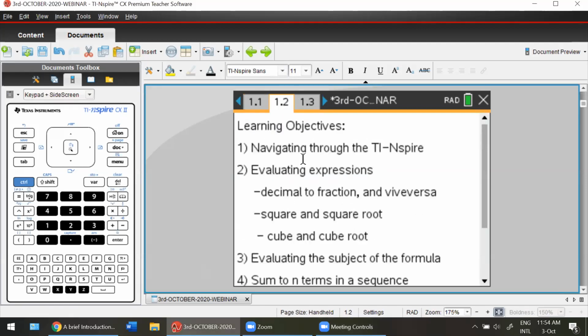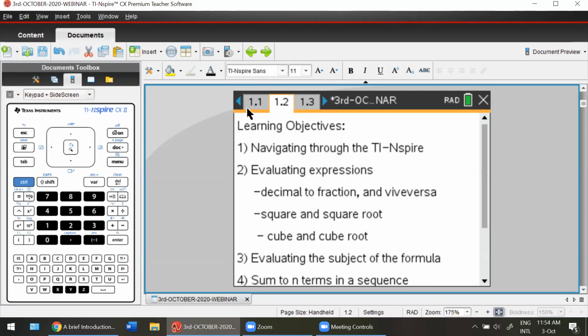Our learning objectives for today: I think the first one has already been completed by Hassan, that is navigating through the TI Nspire. Take note of a few important keys. As was rightly pointed out, the key next to 9, which you'll be needing a lot for the catalog option, and the trig option. The equal to, the control and the equal to sign will give you the relational keys.